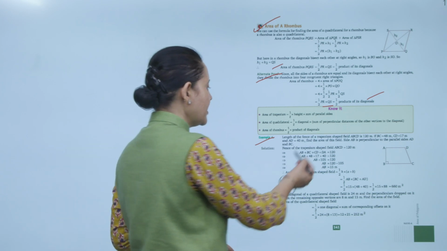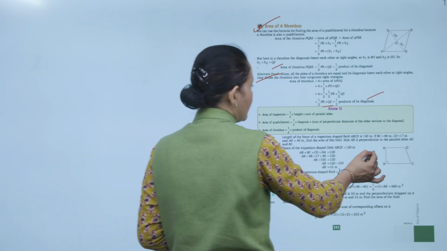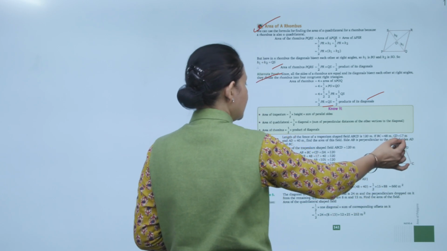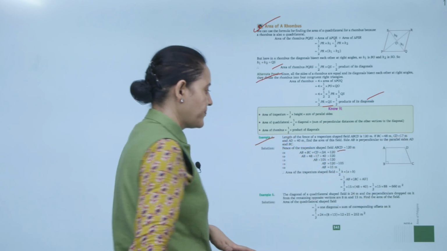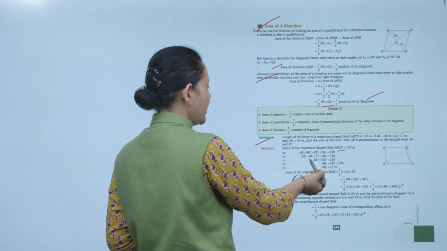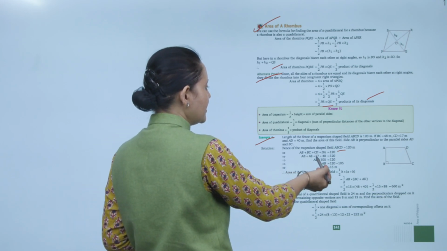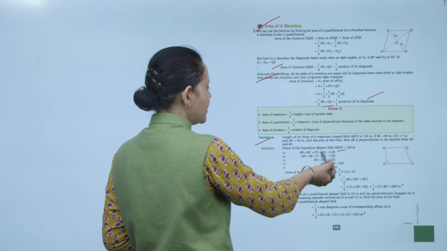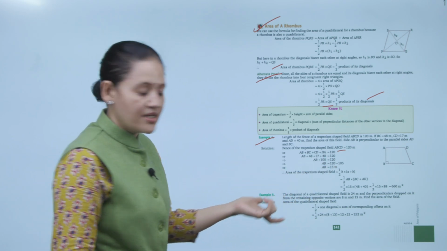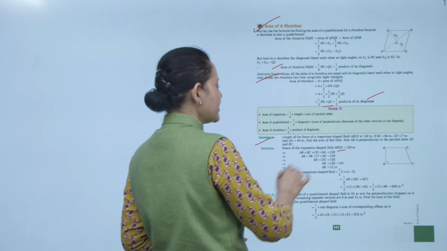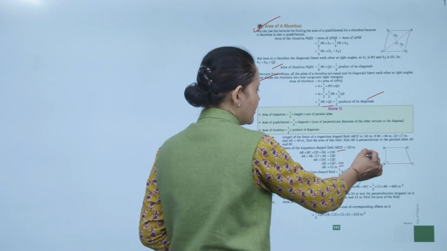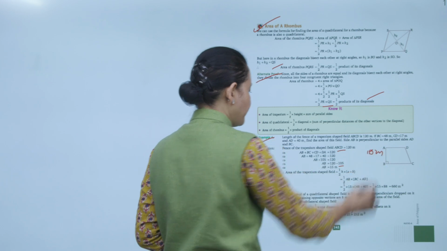So here we have given AB plus BC plus CD plus DA, that is 120. Now, these sides are given: BC 48 given, CD 17 meter given and DA 40 meter. So we can find out what is the length of AB. So adding these up and subtracting from 120, AB is 15 meter. This side is 15 meter.